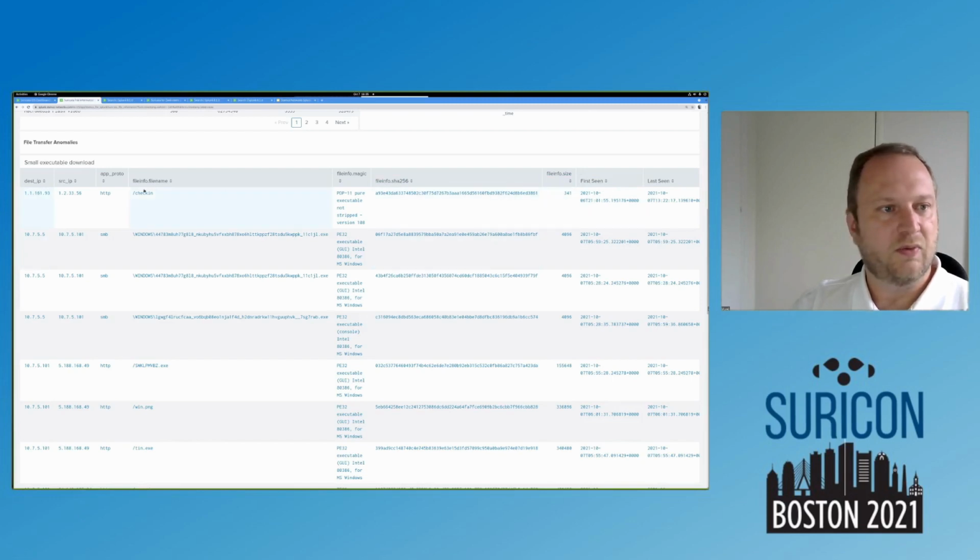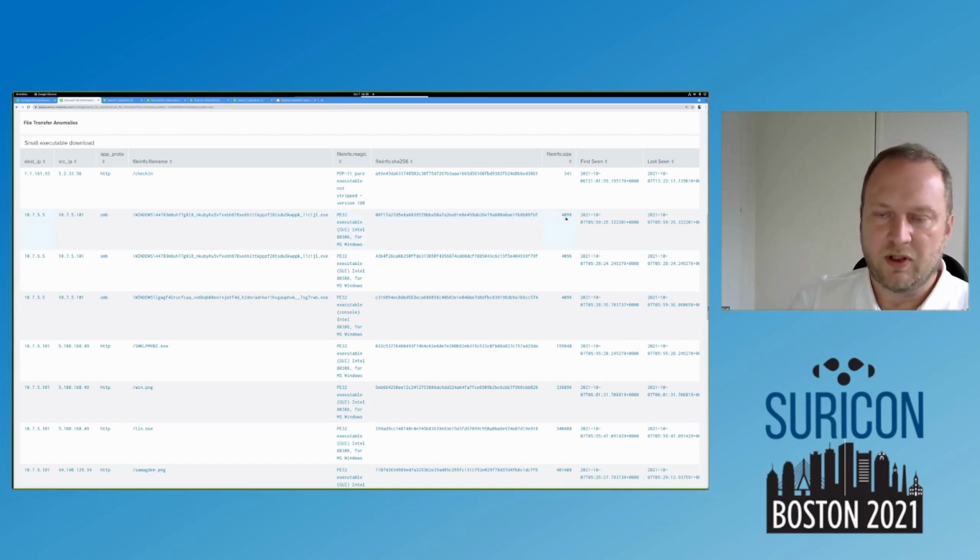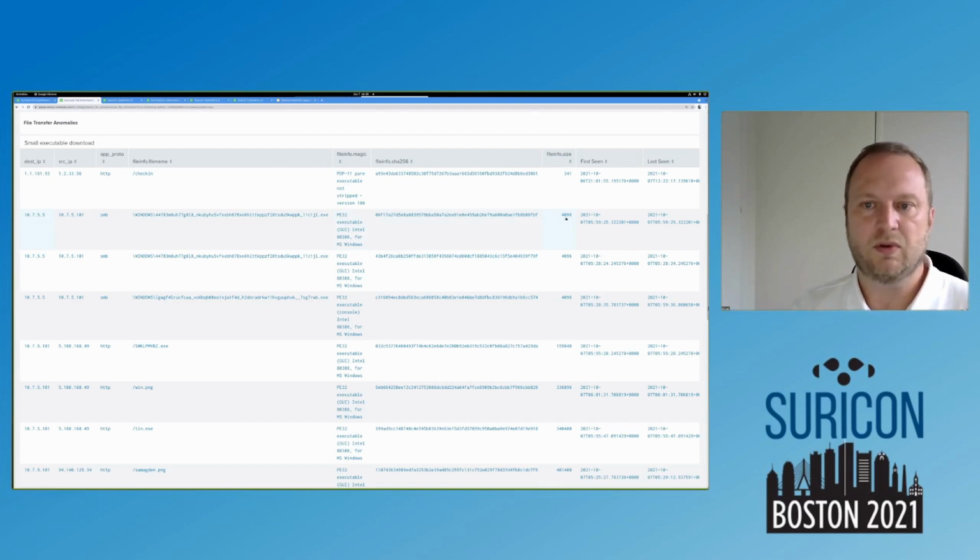As we can see, the first one is over HTTP, and I think it's something Android when I look at the detail before. Then we got this other one that really looks kind of ugly. Long name, big entropy on the name, executable for Windows. The size is really small, like 4K. How can you have an executable of 4K? In real life, when you download an executable, you have a big chance that this executable is 40 megabytes or something like that. Even a browser, I think, is now something like 80 megabytes. So this is really suspect.